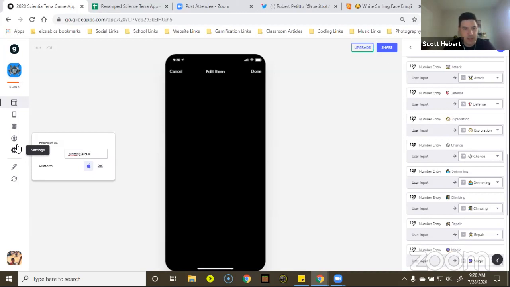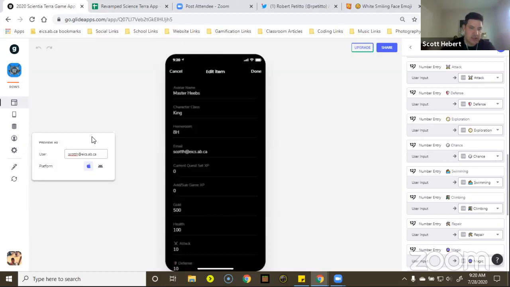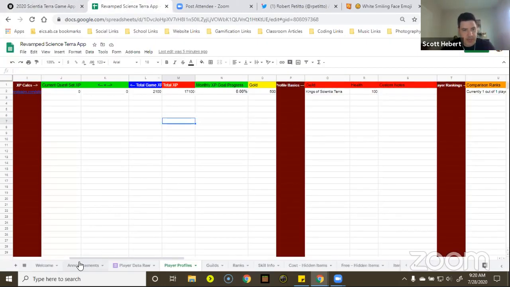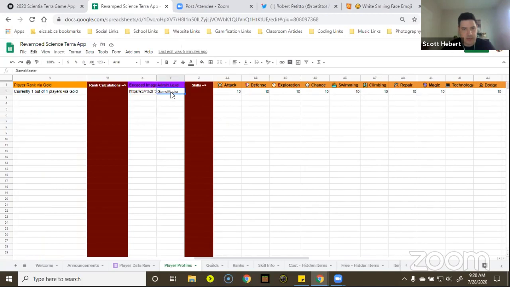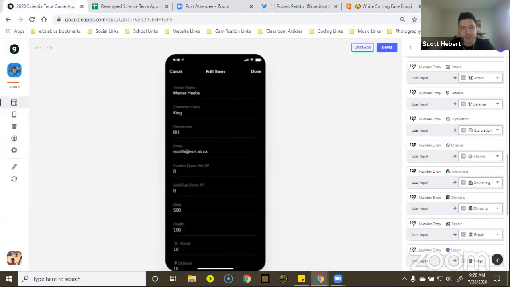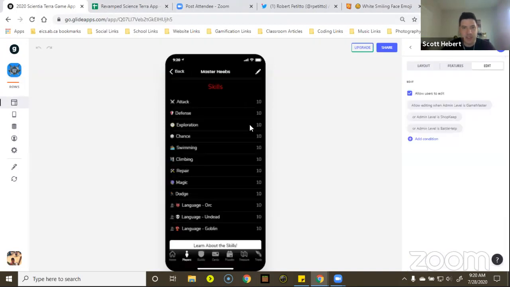And again, the visibility factor, watch, I can't edit anything if it's not my profile or based on my access in the app. So I've created what I call admin levels. So I'm the game master. I can edit anything I want. If I have an employee, I would need them to be able to edit people's gold. So I can create an employee, and then I can add a visibility that says the only thing you can edit is this. That's the really neat part about some of the updates that Glide has done, is they've changed a lot of the functionality of visibility and made it work really clearly.